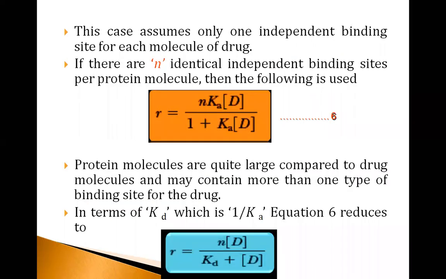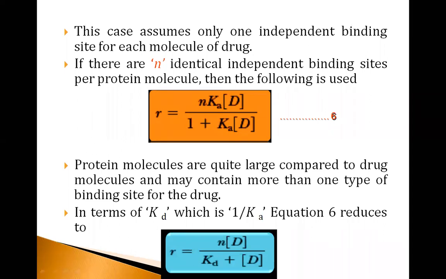So now we know that there are a number of binding sites. In order to derive the equation in this situation, we are assuming that there is more than one binding site, and that is represented by the letter small n. We're just going to add that small n here. So this n indicates the identical independent binding sites. Identical means the same binding site, present more than one in number. So now that equation reduces to this equation, with only the small n added to it. Further, this has to be simplified.